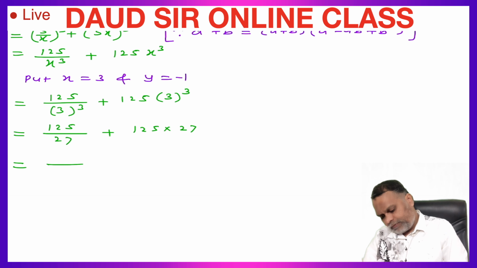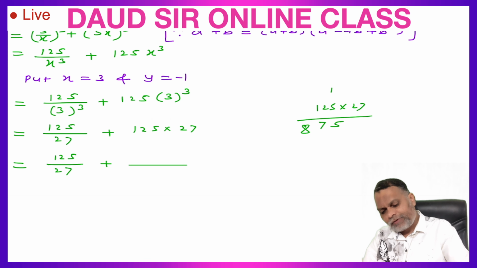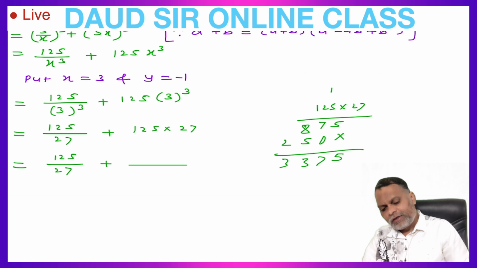Now multiply this 125 into 27 upon 27 plus 125 into 27. 125 into 27: 7 5s are 35, 7 2s are 14 plus 3, 17, 7 1s are 7 plus 1, 8. 2 5s are 10, 2 2s are 4 plus 1, 5. 2 1s are 2, 5 7 8 plus 5 13, 2 1 3, 3 3 7 5. So this is 3375